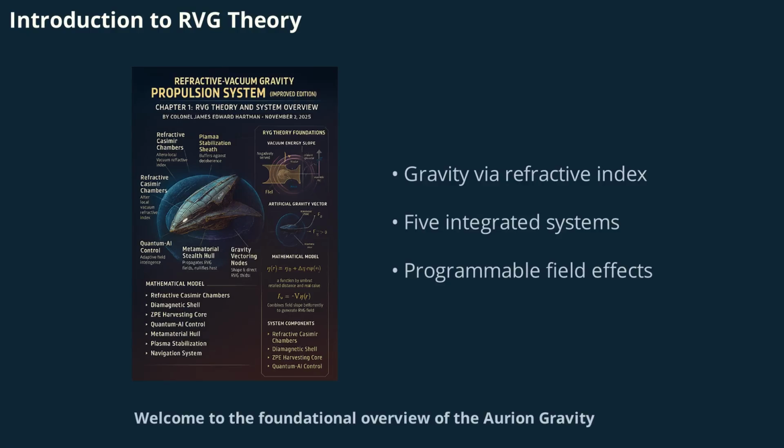Welcome to the foundational overview of the Aurion Gravity Frame AGF-1R and the revolutionary Refractive Vacuum Gravity RVG theory. Unlike conventional gravity models that rely on mass or spacetime curvature, RVG proposes that gravity can be engineered by modulating the refractive index of the quantum vacuum. This programmable approach allows for tunable, reversible, and vectorized gravity effects, opening the door to propulsion systems that are massless,